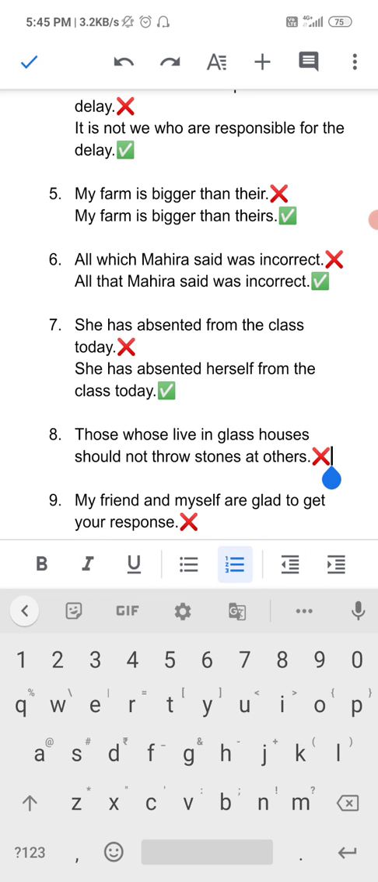Question number 8. "Those who live in glass houses should not throw stones at others." Here we have used the pronoun those, for which we have to use a relative pronoun who, not whose, because whose